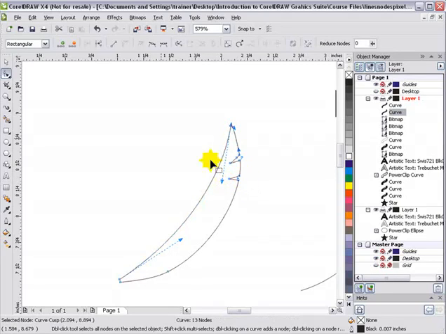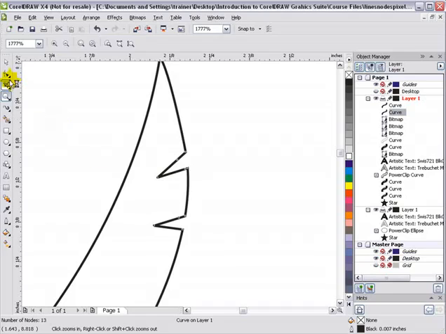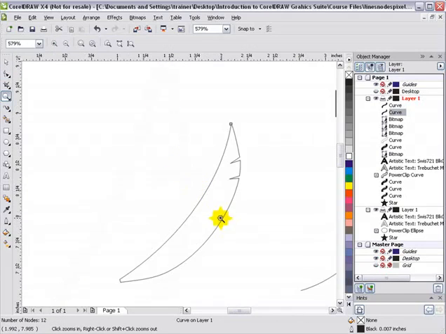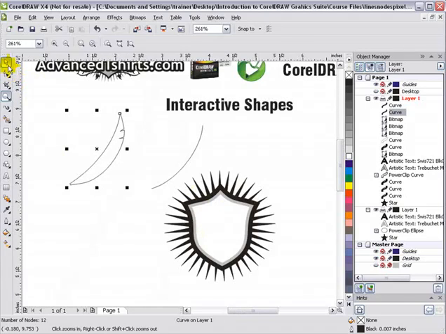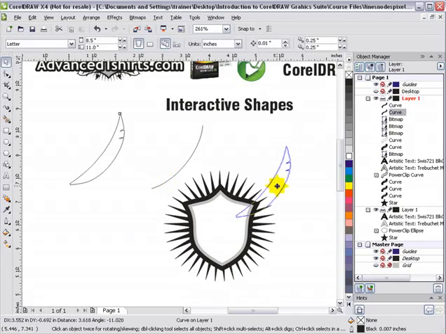It kind of fits what goes on with feathers. We'll zoom in and tweak that just a little bit, and I'll make some minor adjustments with my shape tool. I'll move this node over to here, and I'll bring this node back down here. Double click there and delete that node, and I've got this little wing shape going on very quickly. Now I can bring this over to my graphic, and I'll bring this right over here, and we'll go ahead